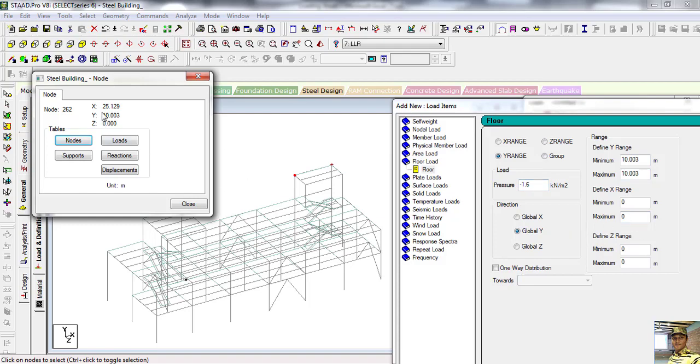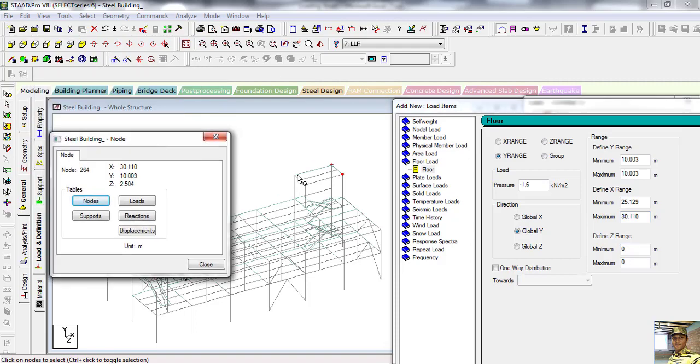Here see the x direction range, minimum here 25.129, and maximum, just click here, maximum x direction 30.110, and z direction is 0 to 2.504.